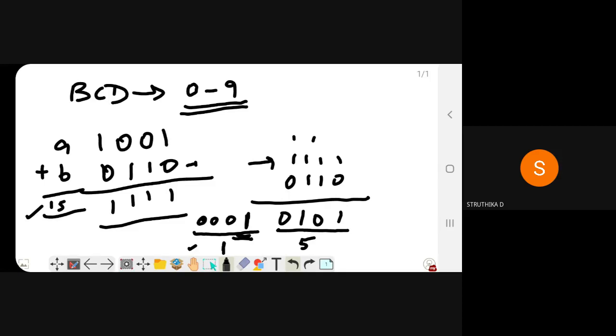So you can have a question like why we need to add 6 for addition and subtract 6 for subtraction. Totally the hexadecimal value is 0 to 15. In this, 0 to 9 is the BCD number. The remaining values, 10 to 15, totally 6 values. So why are we adding 6 for BCD addition, and subtracting 6 for subtraction? Can you get it?